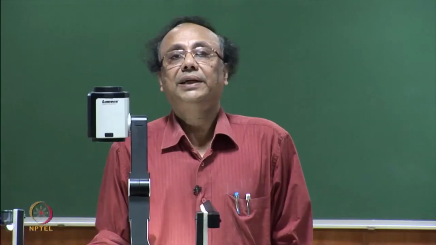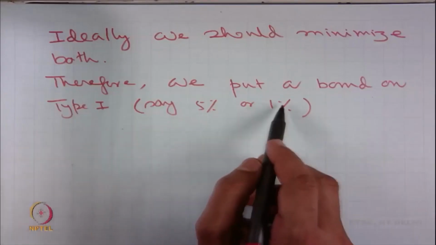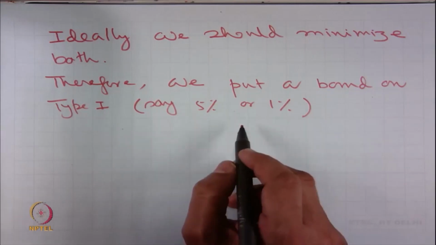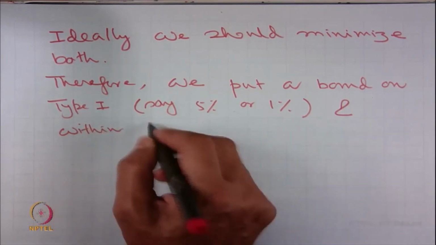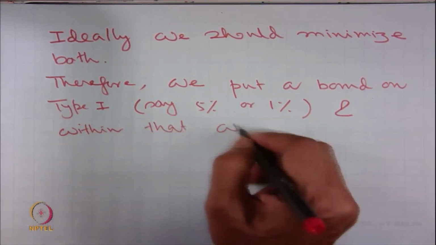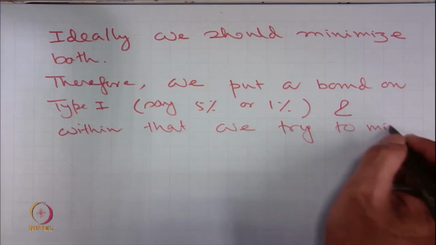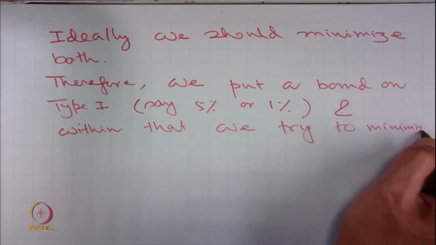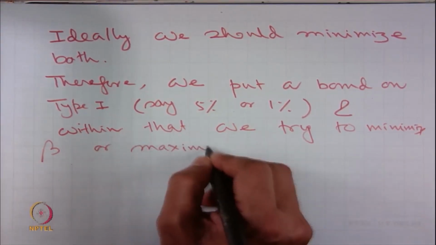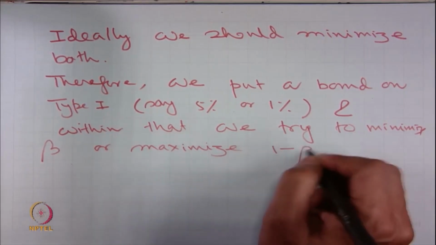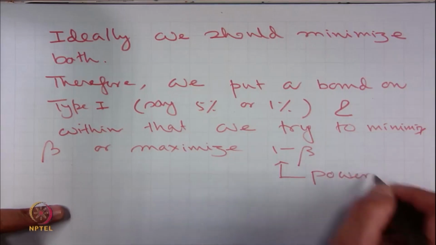That means, we can make a mistake only 5 out of 100 cases or 1 out of 100 cases, and within that we try to minimize beta or maximize 1 minus beta. This quantity is called the power of the test,